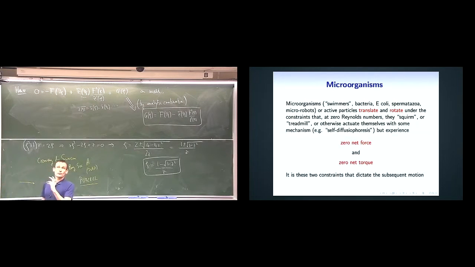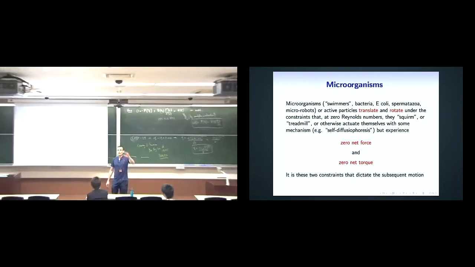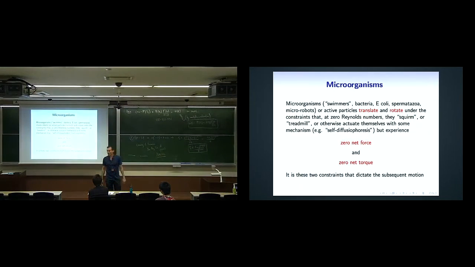But a low Reynolds number swimmer doesn't do that, because we've set the Reynolds number to be 0. So if anything, momentum diffuses now. We've kind of got a del squared U. Not quite 0, it's grad P. But basically it's a more diffusive process, so there's no inertia anymore. And because of this assumption that the Reynolds number is so small, what a low Reynolds number swimmer does is